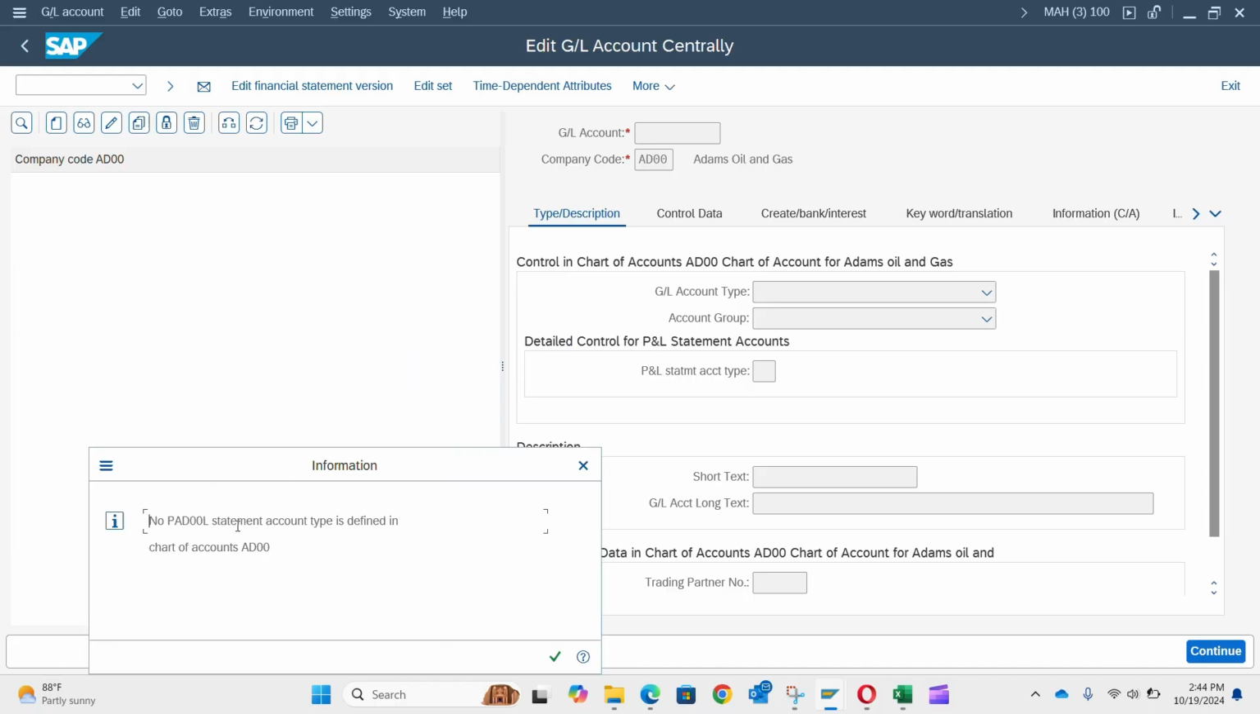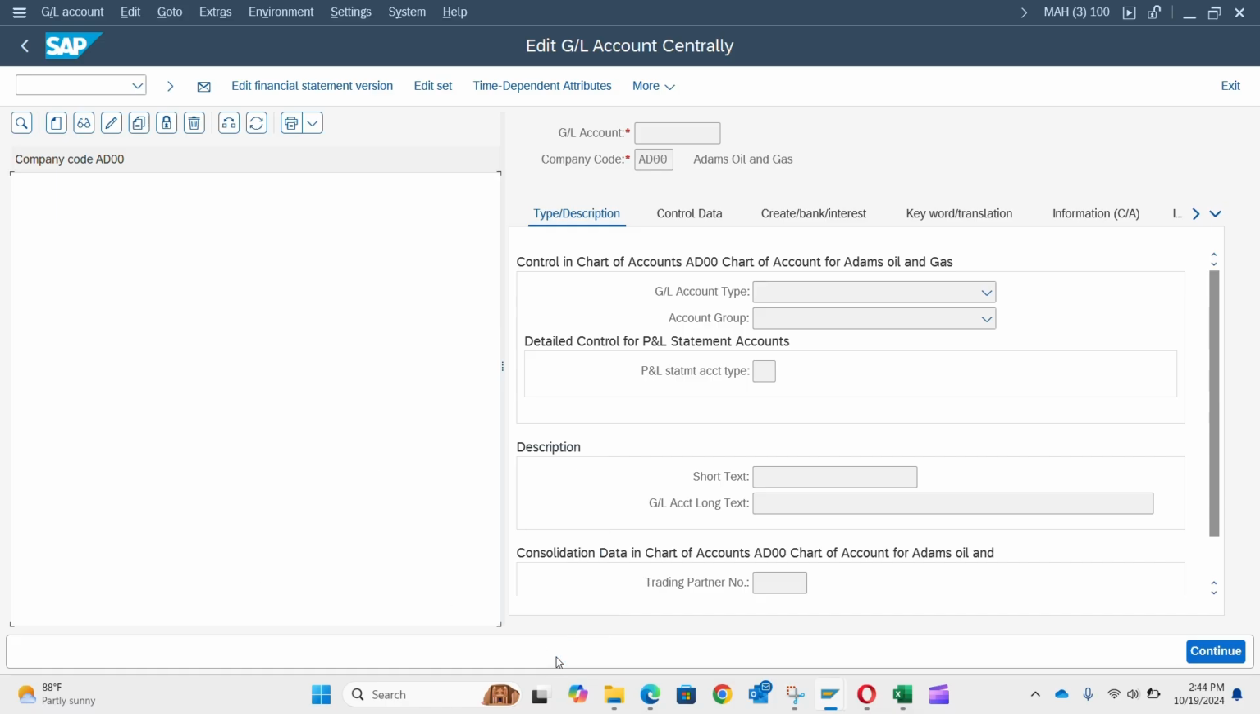Now look, it's giving me an error: no P&L statement account type is defined for chart of account AD00. This error is simply because we have not created a P&L account. So before you create a GL, you must have created a P&L account. That's what this means. You can click on details, double-click on the error,